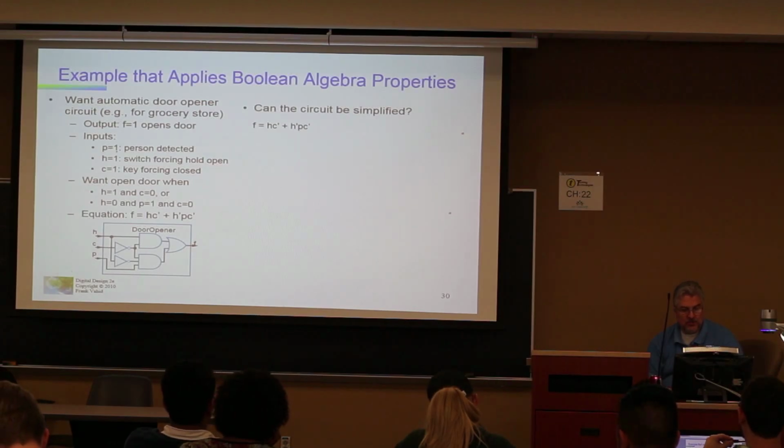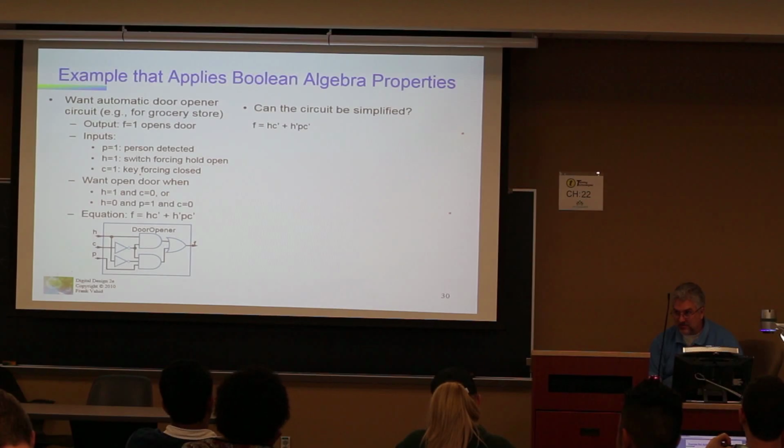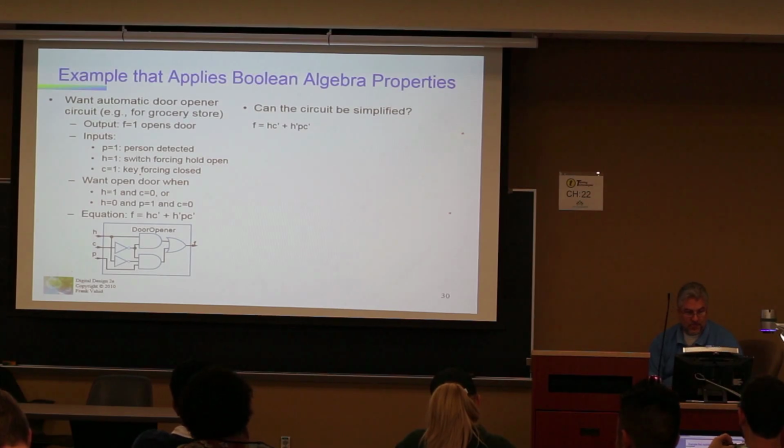So a person is detected. We've set a switch saying we're going to force the hold to stay open. And then we have a key that says we don't ever want it to open, right? This would be like closing time. You don't want it to open. So you want the door open when the switch says keep it on